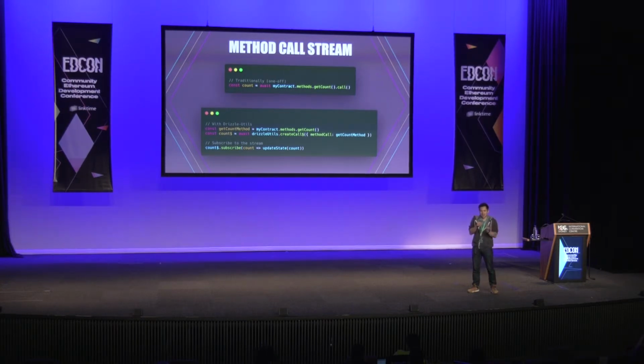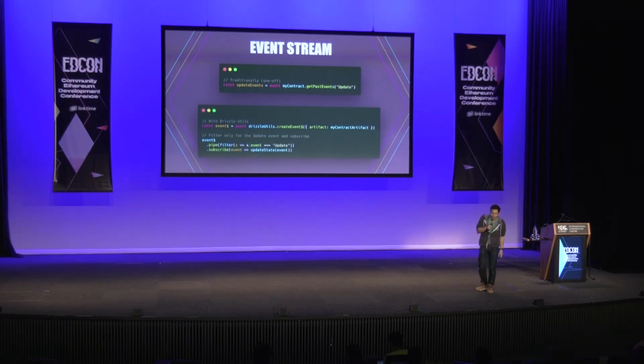And then we pass that into what's called a create call stream function. In RxJS, the convention is that the $ represents a stream. So the way to read that is like const count stream equals await Drizzle utils create call stream, and then we pass in that particular method call. Once you have the count stream variable, you just call .subscribe on it and update your state. You log it out, do whatever you want. It's really interesting because now you have 2 lines that will make that call for you every time there's a new block in the chain.